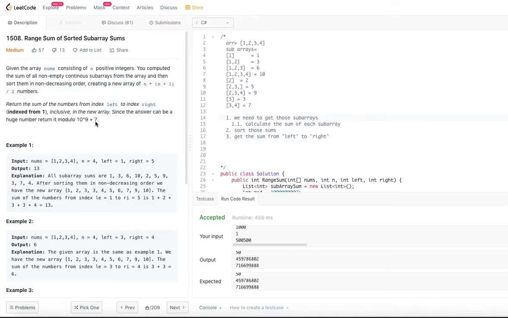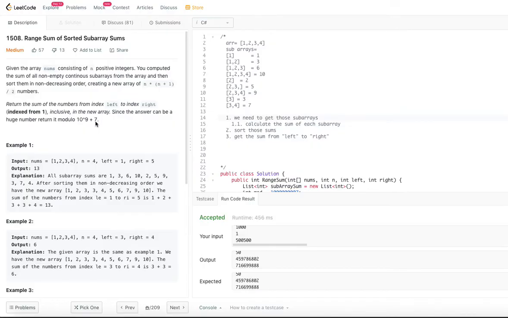So we are given an array of positive numbers. There are n positive numbers, let's say. And the task that we are asked to do is to compute the sum of the non-empty subarrays, and then sort those sums.